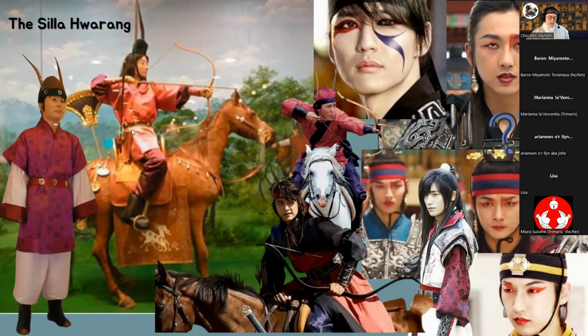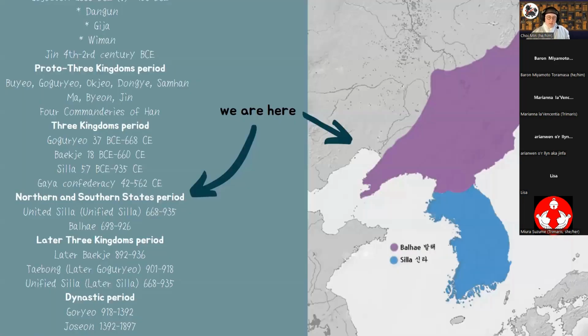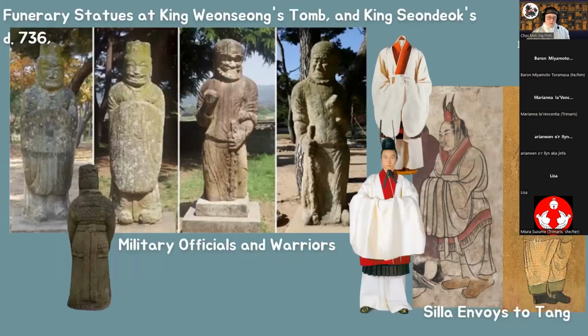They're sticking with that pink red look with the pheasant feathers, and this is probably more accurate than this, but a lot of dramas depict them with their hair down and flowing, and that is because of this picture here, which is the last set of the Silla envoy to Tang Dynasty. We had the Tang person, who maybe knew about the Hwarang, and so he drew the Silla envoy with the hair down, even though in this other tomb where a second Silla envoy was depicted, the hair is obviously up.